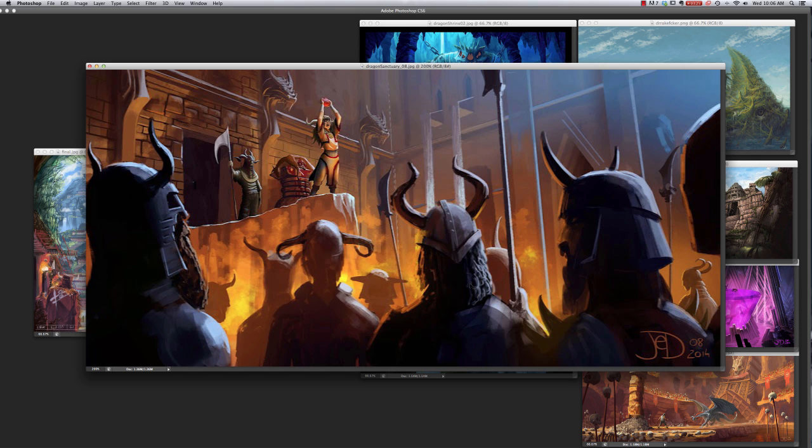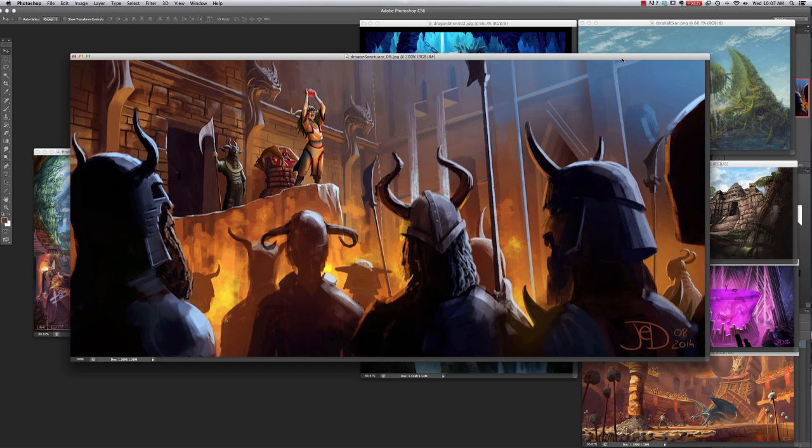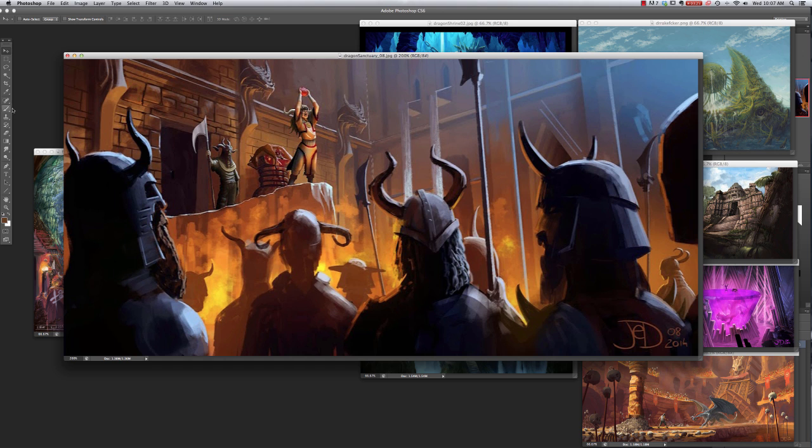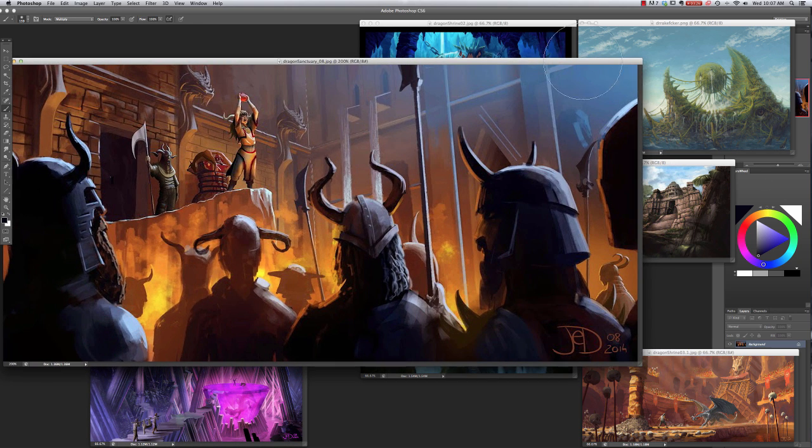Oh, absolutely. But at the same time, you've got to think in terms of value, right? When I tell this to my students, I'll say, play around with the color, but I have to specify, play with the color within that same value range, because if you don't, you're going to lose control of your values, and you're going to kill this beautiful sense of depth. It's going to look muddy. So if you're playing in Photoshop, an easy way of doing it is just to move your hue slider, but leave your value alone. Maybe I can actually show that. Go ahead. The color slider is completely hidden, but here we go. It's really close, but what we mean is you can go up a little bit, just nudge it, and even bounce around slightly, and it will give it a